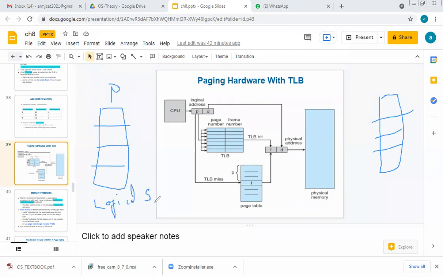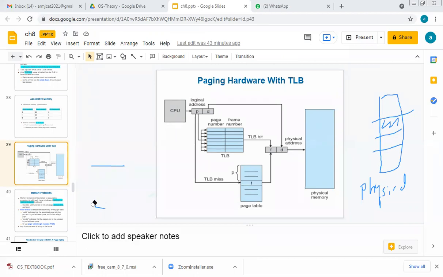Okay, the logical address space, whereas the frames are present in the physical address space. That is the only difference, but they are one-to-one mapped. I said whatever the size of the page, the same size should be for the frame also, but there is no rule that they are of the same order, like how I explained in the other session. I hope you understood the hardware of the page table.